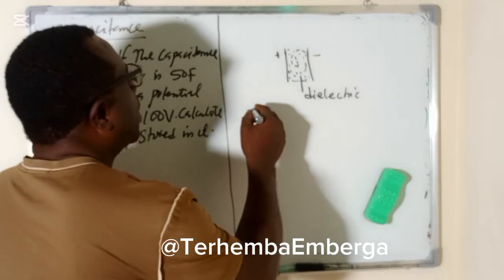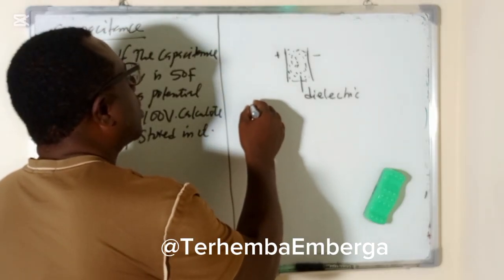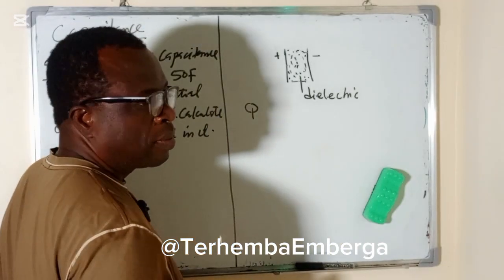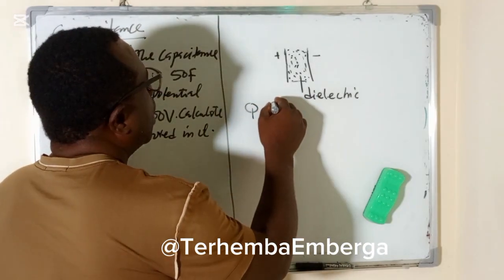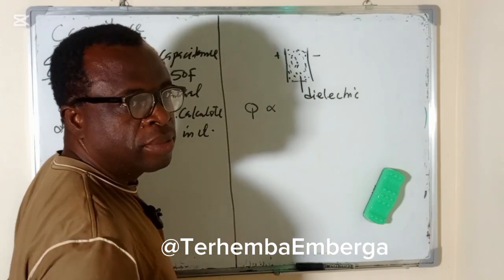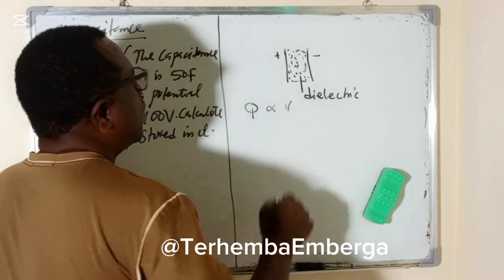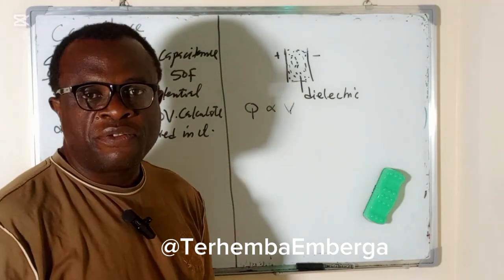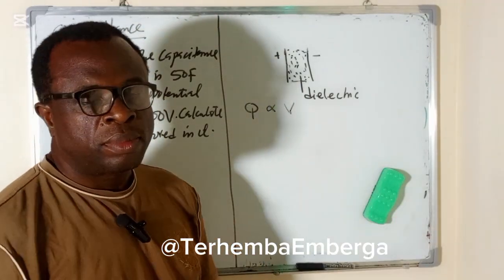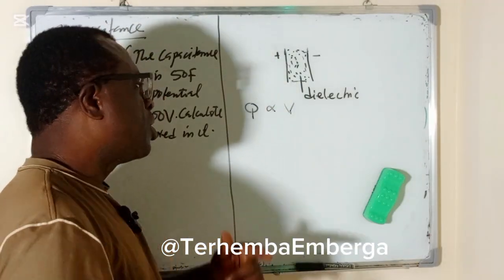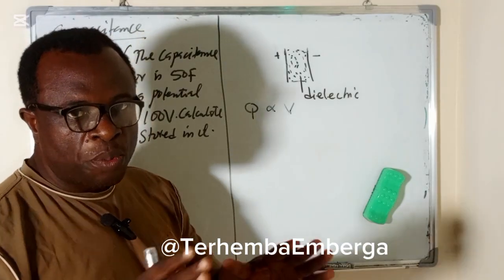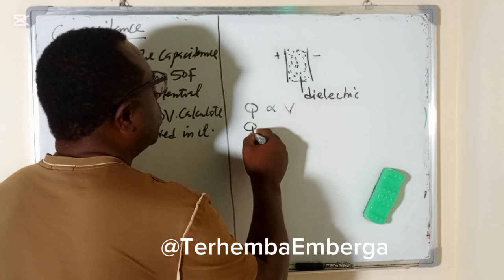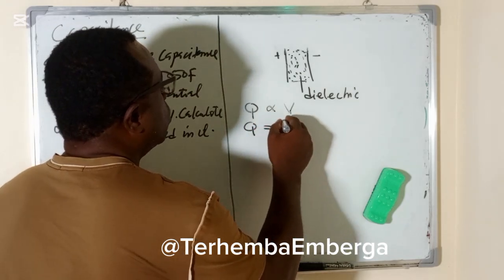And mathematically, we can say that the quantity of charge is directly proportional to the potential difference, V. And what is potential difference? The work done in moving a unit charge from the source to a point is what we call potential difference. So we can say that Q is equal to CV,